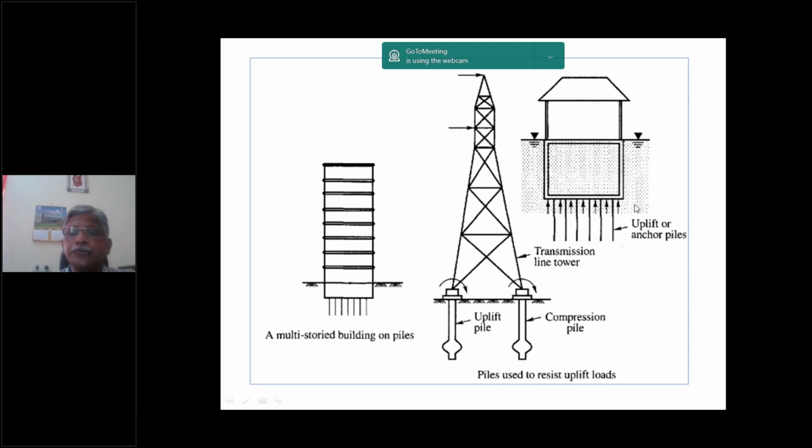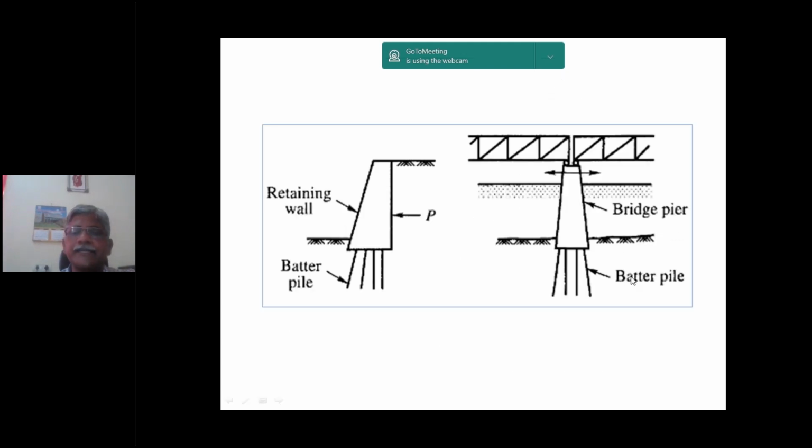In the area of ports and harbors, uplift anchor piles can be provided. Also in bridge foundations, we can go with pile foundations, and over there the bridge pier can be constructed, and like that. And where there is a